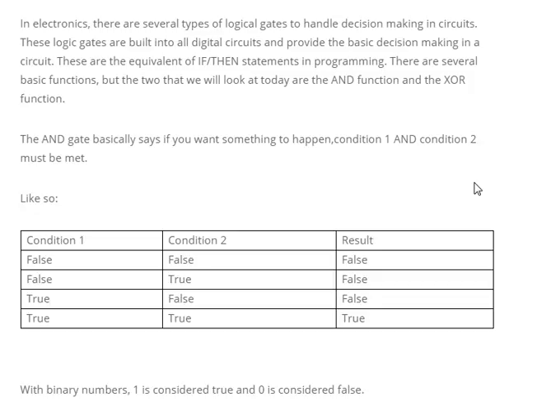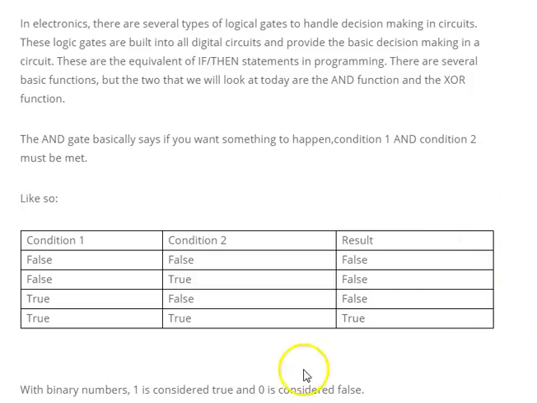These are the equivalent of if-then statements in programming. There are several basic functions, but the two that we will look at today are the AND function and the XOR function. The AND gate basically says if you want something to happen, condition 1 and condition 2 must be